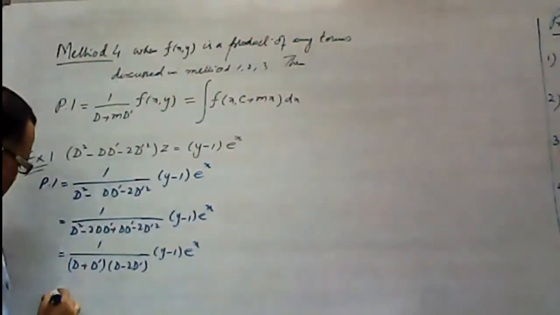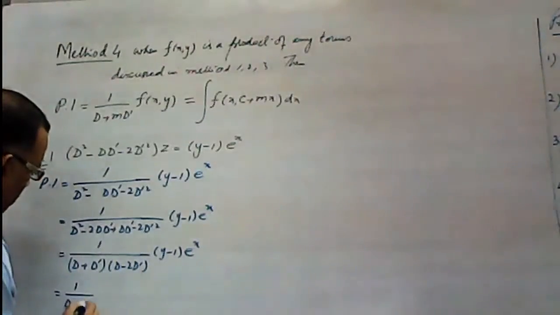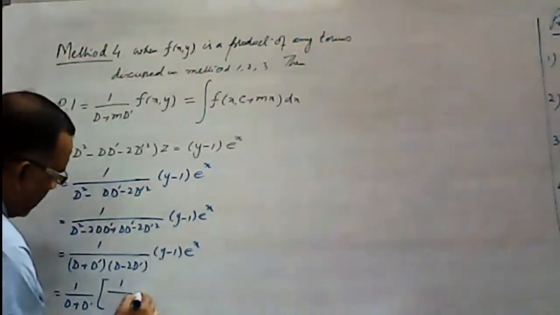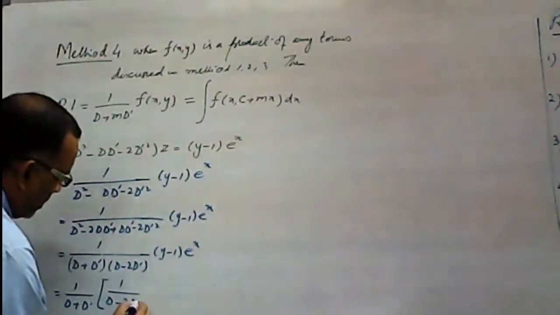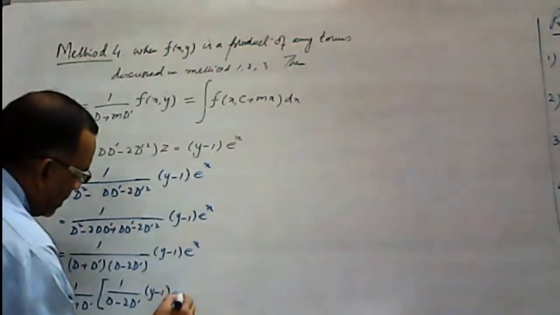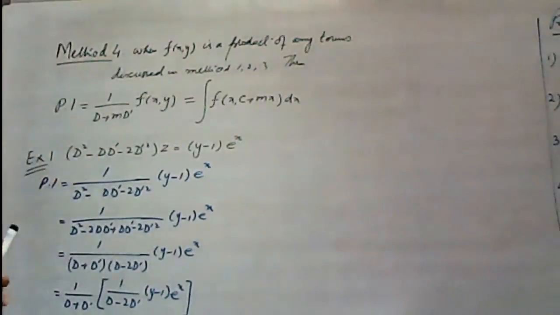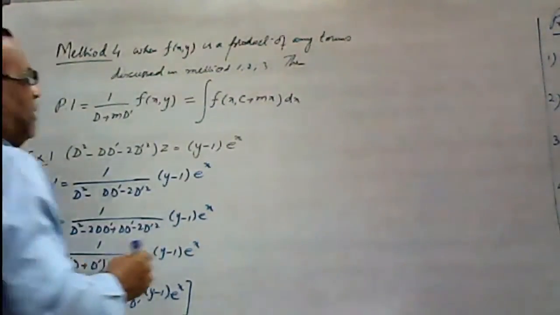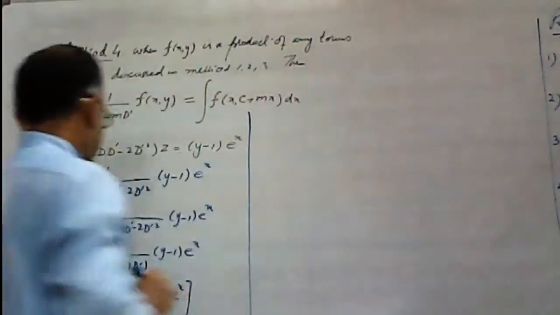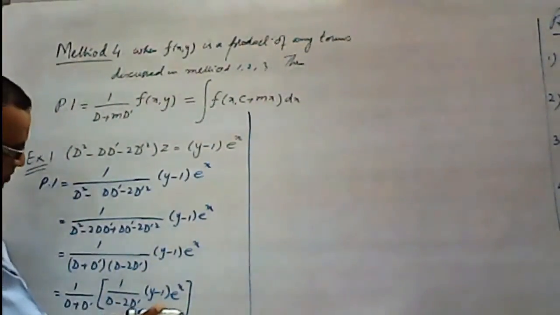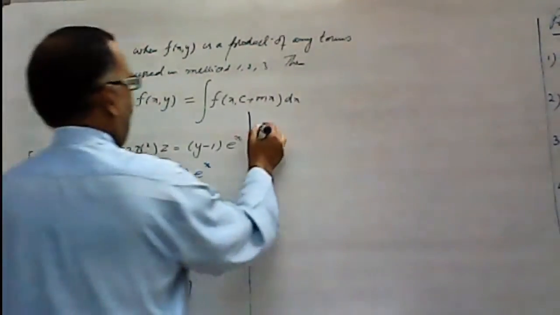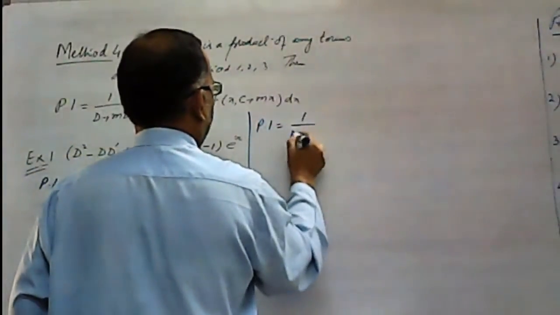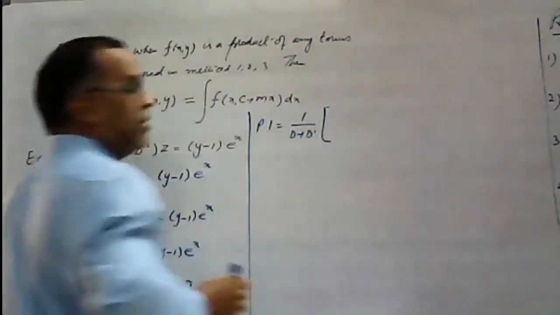So what is needed? There is no need to use LCM, partial fraction, as we did in higher order ODE. This method gives a cushion to us that you can break in simple product form. There is no need to make partial fractions. If you make partial fractions, then it will also be true. So now first we need to solve this bracket. So keeping this term outside the bracket, so 1 upon d plus d dash, and now this bracket.